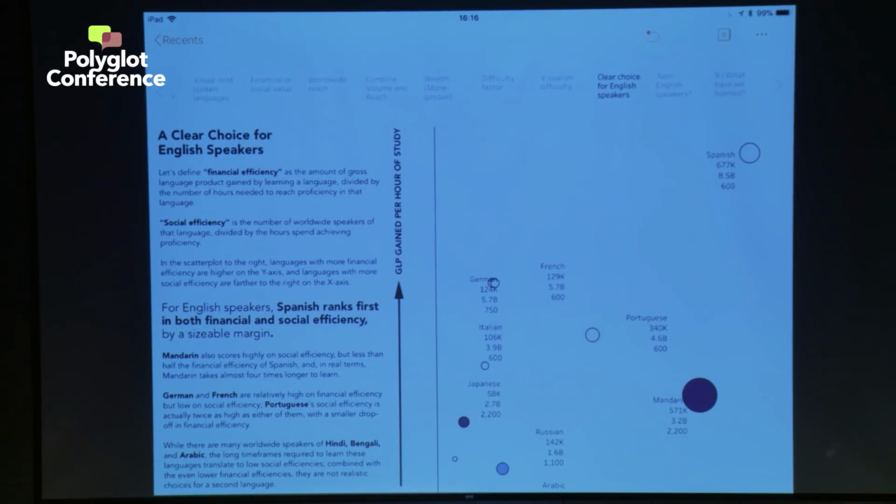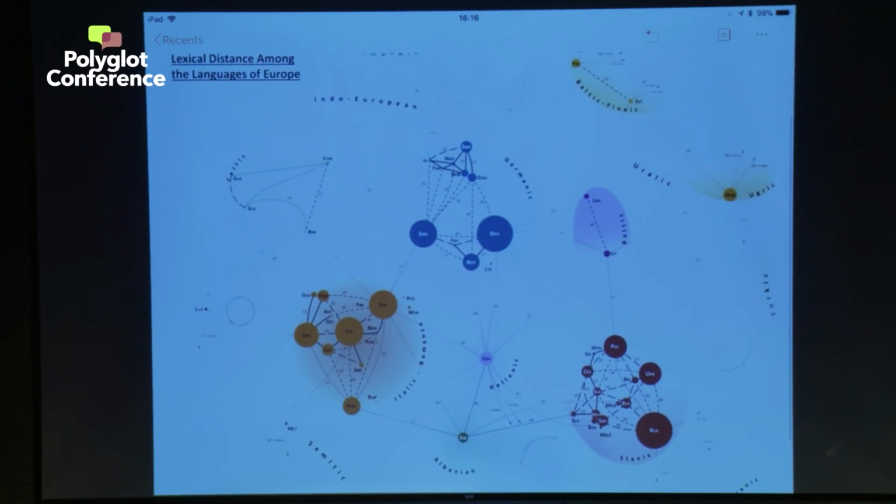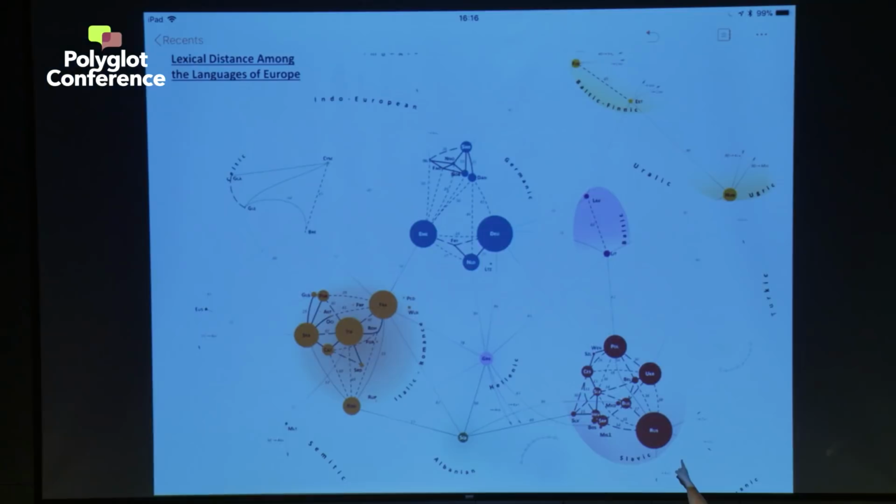We don't have a study necessarily for each language like the Foreign Language Institute has, but you can combine that with something like this. The lexical distance among languages of Europe. Of course, you could zoom out and you could show it between languages of other places. But maybe this will show you a picture of your difficulty level, like how difficult it is going from one language to another. You could connect the dots and give this distance some kind of a unit, add it to a chart, and there you go.